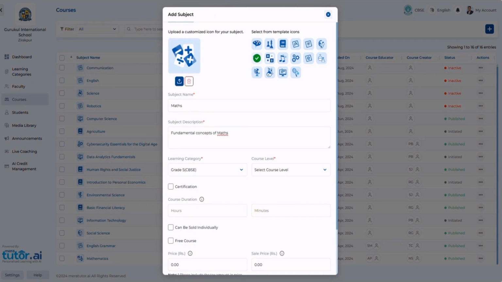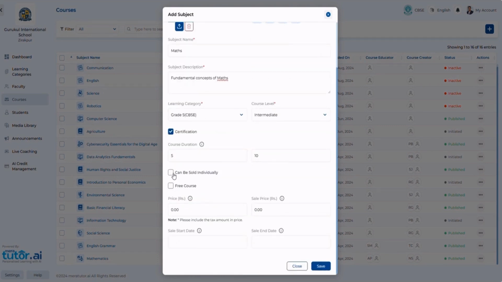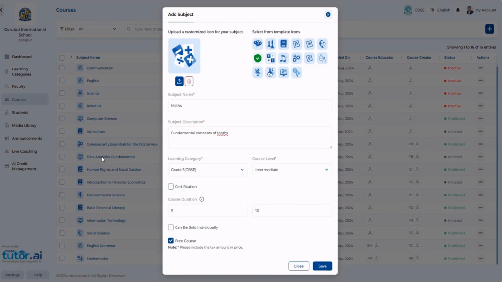Then select Difficulty Level of Course from the Course Level drop-down. After this, click on the Certification checkbox if you are offering a certificate with the course. Next, enter the course duration in hours and minutes. In case you want to list and sell the course online, then select Can be sold individually and enter price and sale price. If you want to list this course under the free course section on your website, then select